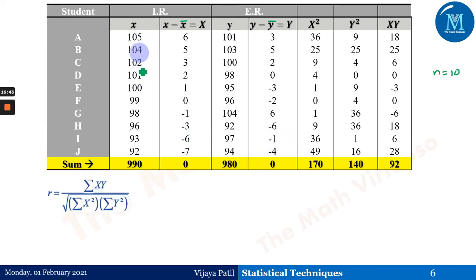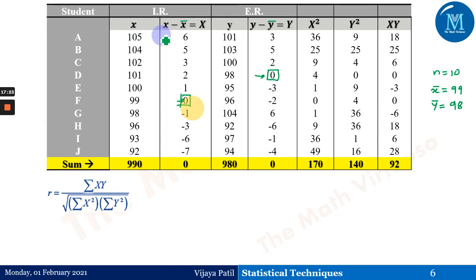We have got all of them. So this is x minus x bar. What is x bar? We have got it from the previous table. It is 99. Then y bar we have got as 98. So if you observe, x minus x bar is equal to capital X. Suppose 99 minus 99, here you got 0. Similarly, this is 98, and here I have got 0. That means this particular column is y minus y bar. So y bar is 98, and similarly x bar is 99.